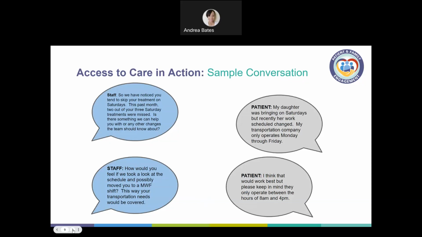So look into whether they can be moved to a Monday, Wednesday, Friday shift. And yes, sometimes it is really hard because the company that can transport them only operates within certain hours. So at least try to fit those patients into that schedule. And if not, look to another alternative, or as a last resort,